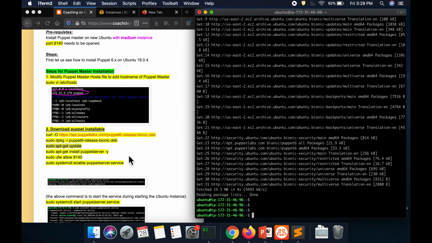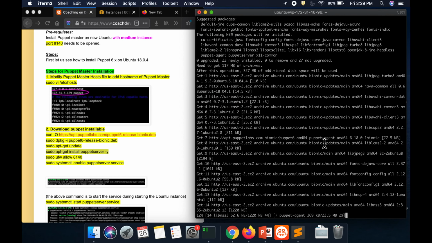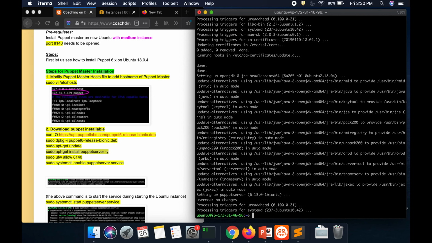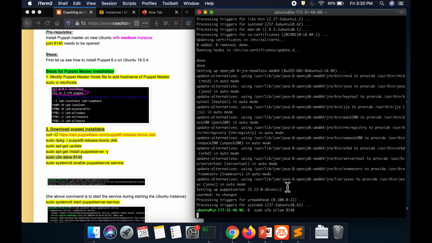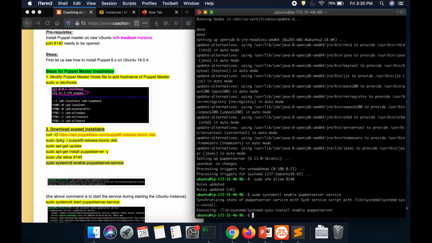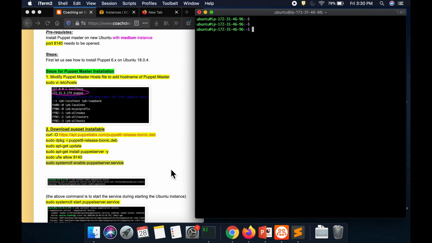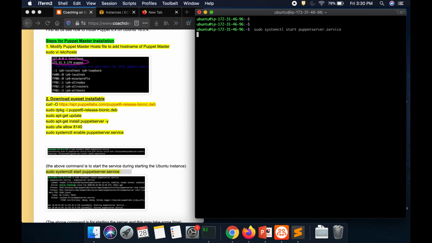and then we are going to update the apt package manager, okay? And then you can install the Puppet server, okay? So this is the command, okay? So Puppet master got installed, and you can also open this port, okay? And then I'm going to enable this so that whenever you restart this EC2 instance, the Puppet service is also started automatically. And finally, I'm going to start the Puppet daemon,